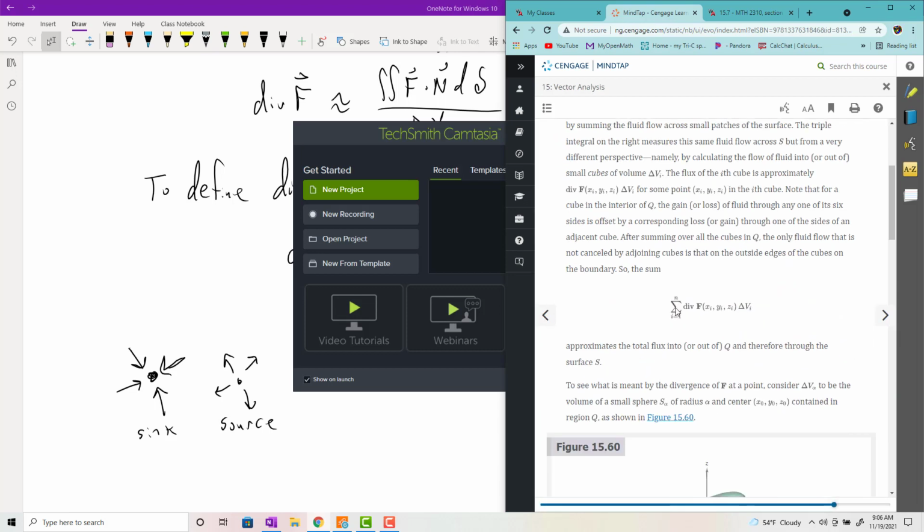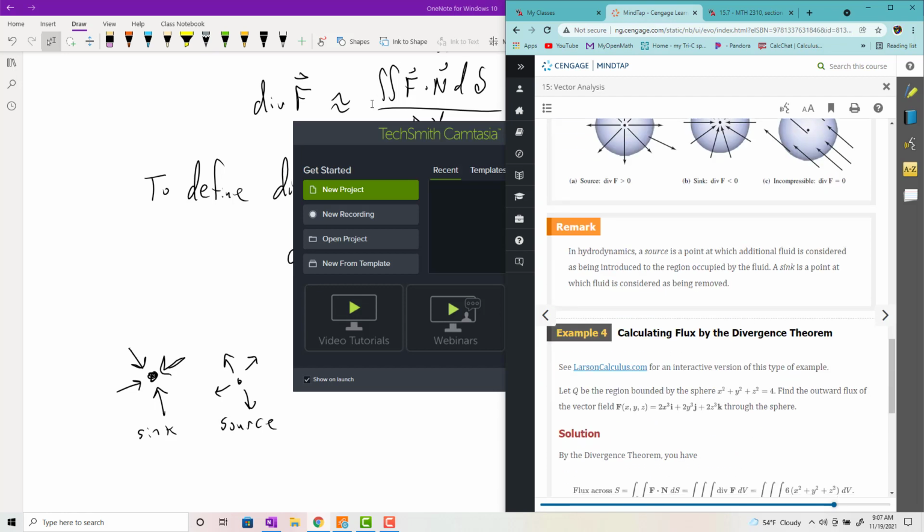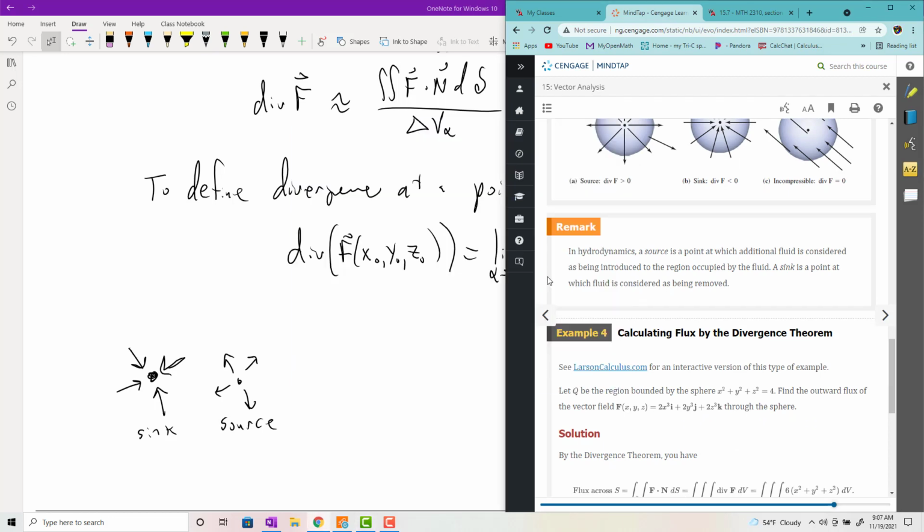Well, there's some nice groovy pictures, better than what I can do. It's incompressible if the divergence is 0. Okay, so that's the physical interpretation of